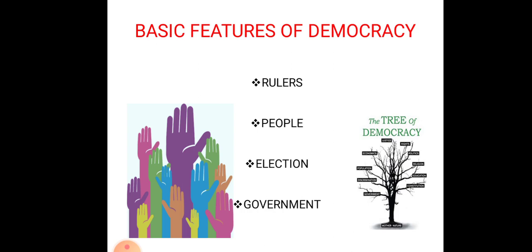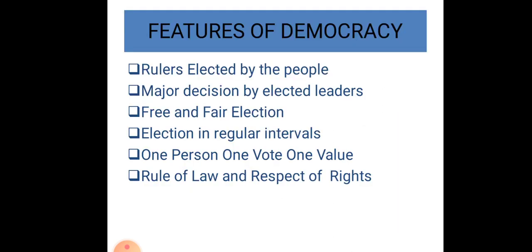The simple definition of democracy gives rise to various questions. What are they? Let me discuss now. Who are the rulers in this definition? What kind of election constitutes a democratic country? Who are the people who can elect the rulers or get elected as rulers? Finally, what form of government is a democracy? Let me explain the first one.